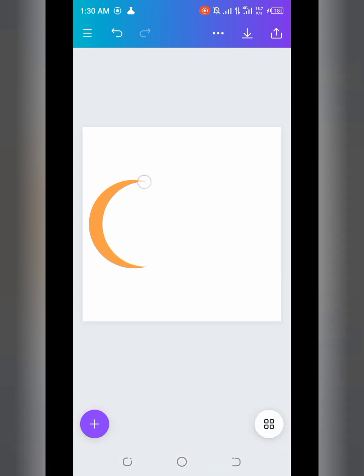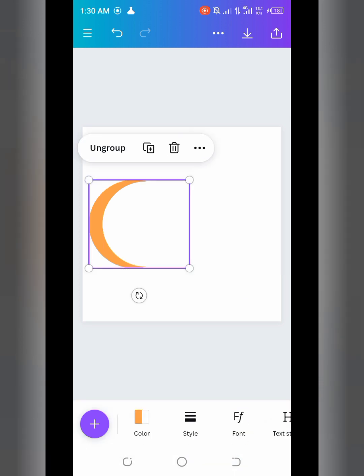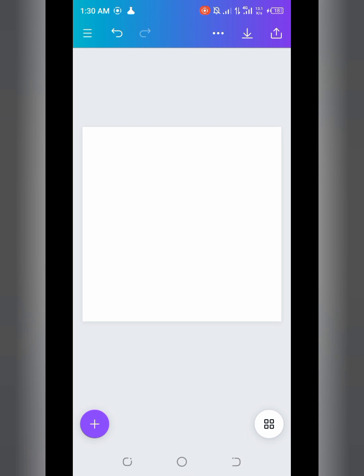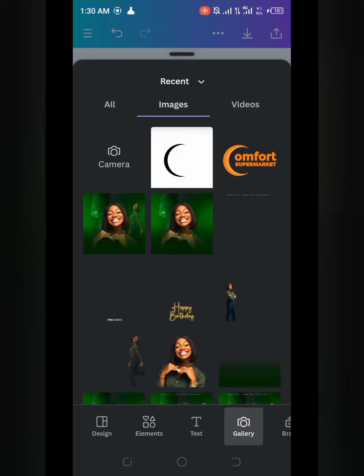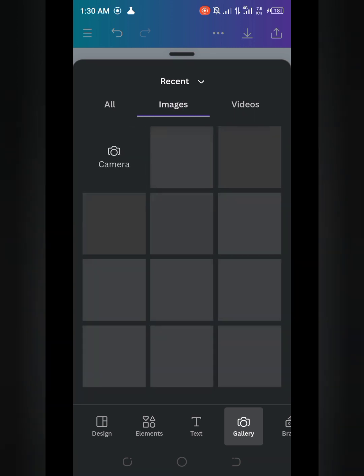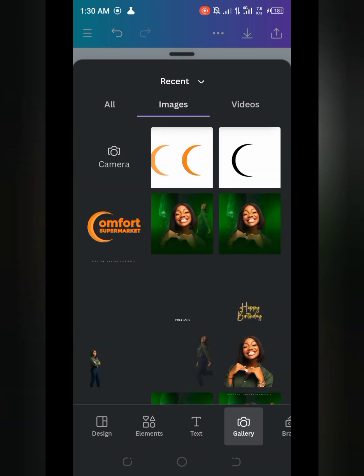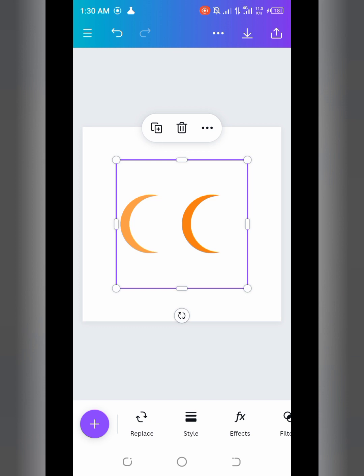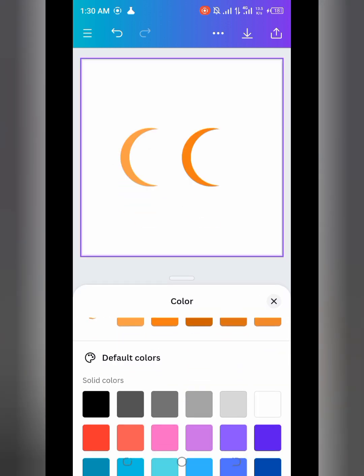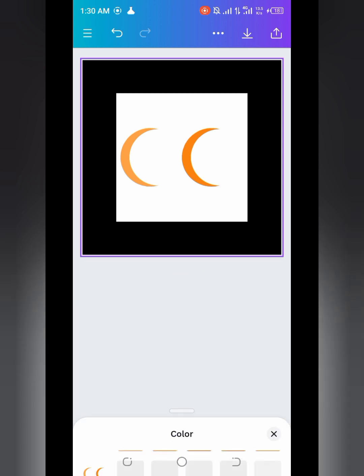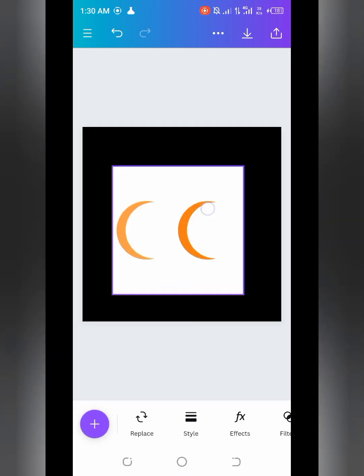We can delete it. Now this part is where you are going to need the Canva Pro, right? But then if you are not having the Canva Pro, there is a way you can go about it, and I'm going to tell you. Now we want to remove the background. You can see this is having a background. The shape is having a background. Let me change the background color to a black color to show you what I'm talking about. You can see. So we want to remove the background, so that we'll be left with just the shapes,